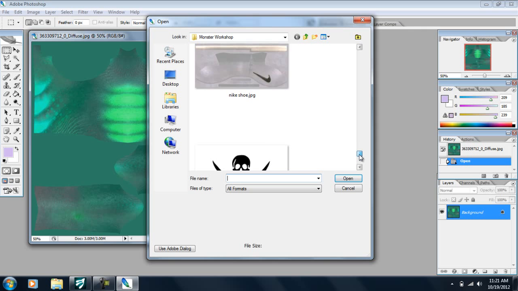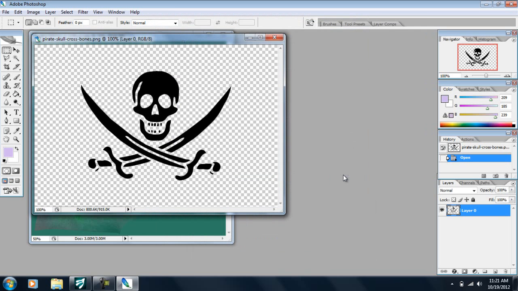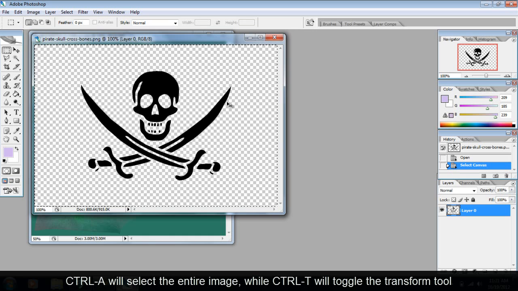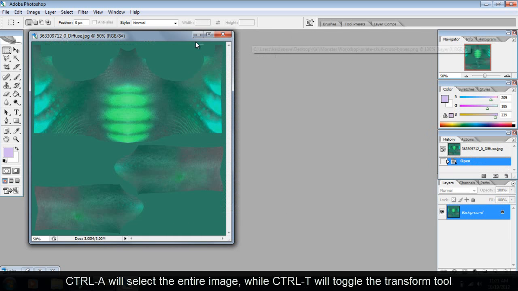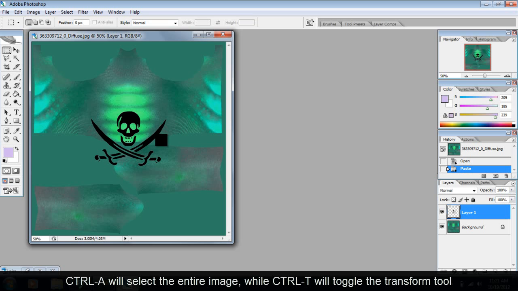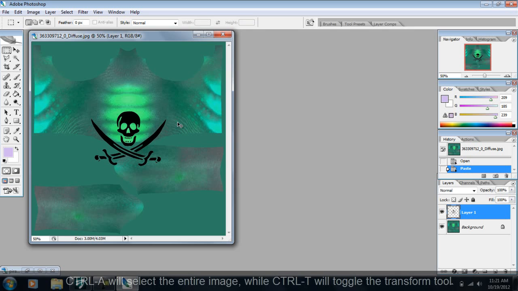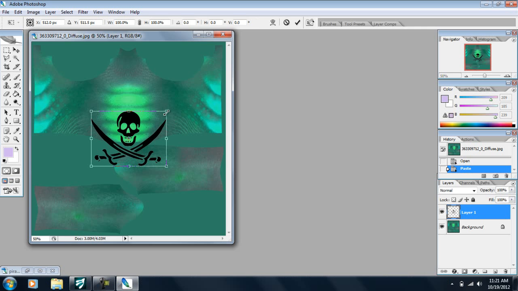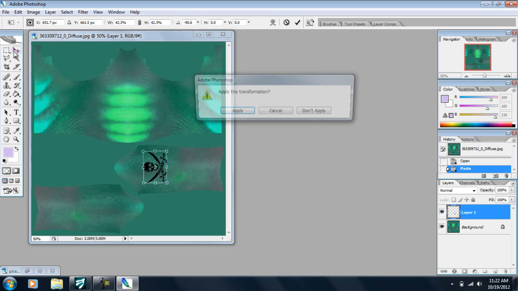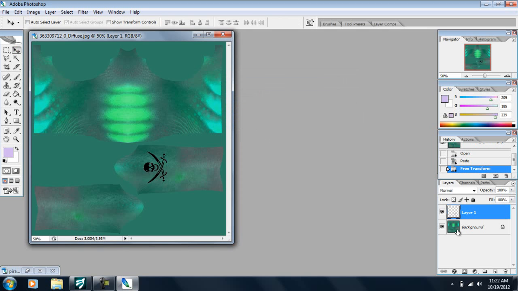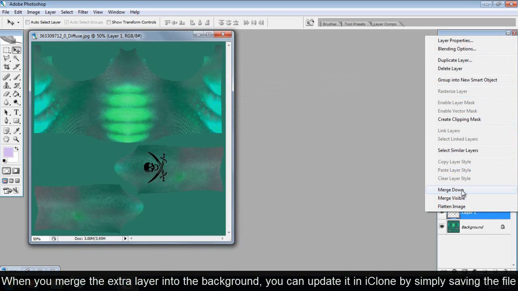Down here you see that picture right there. That's a transparent PNG, so I can simply select Control A, Control C to copy it, and Control V to paste it onto my map here, and press Control T to transform it to a different size. We want to put it on his arm, so I'll shift scale this a bit further down. I can rotate it this way, and we'll put it on his left arm, right about there, and we can apply that. And I'll just merge the layer down here, so select layer, merge down,